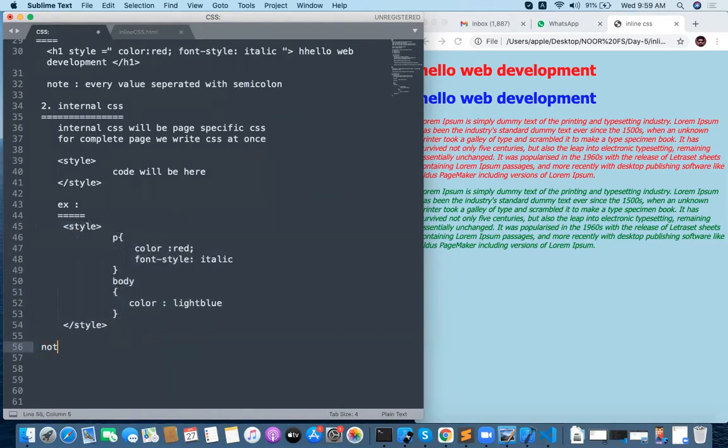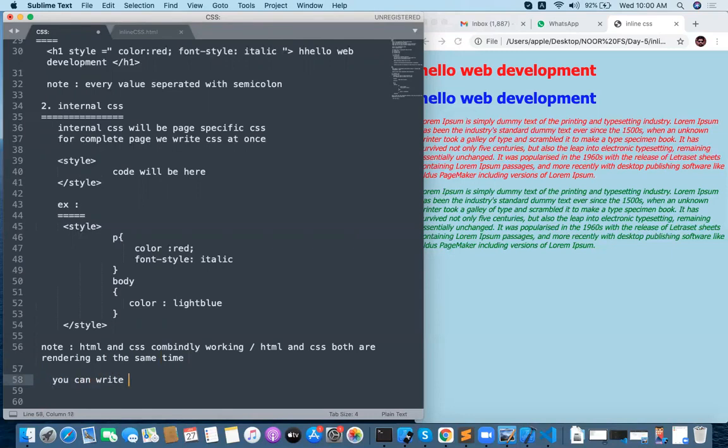And remember this note point here: HTML and CSS are combinedly working. Combinedly working means HTML and CSS both are rendering at the same time. So both are rendering at the same time, which means you can write, one more point,